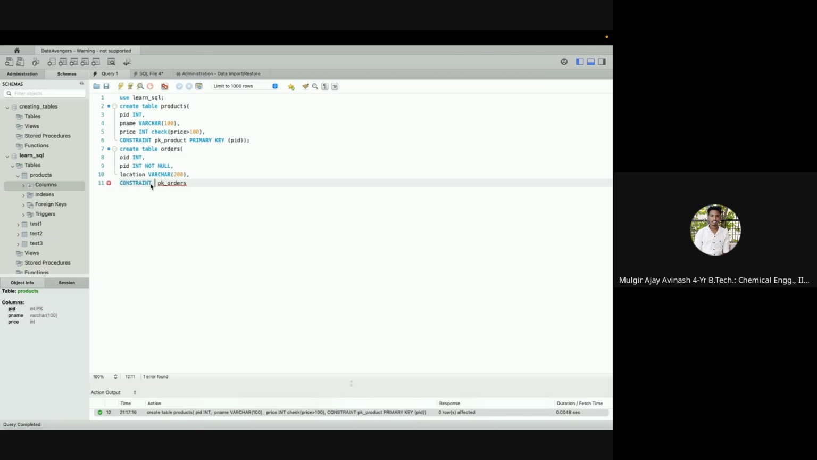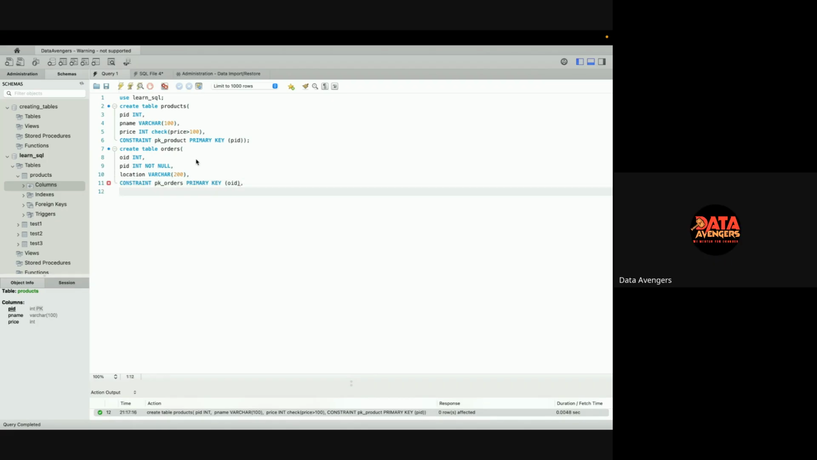Clear. Constraint primary key orders. This will be my primary key, and then I can enter my OID. Clear. Any doubts? No, sir. Then I can say